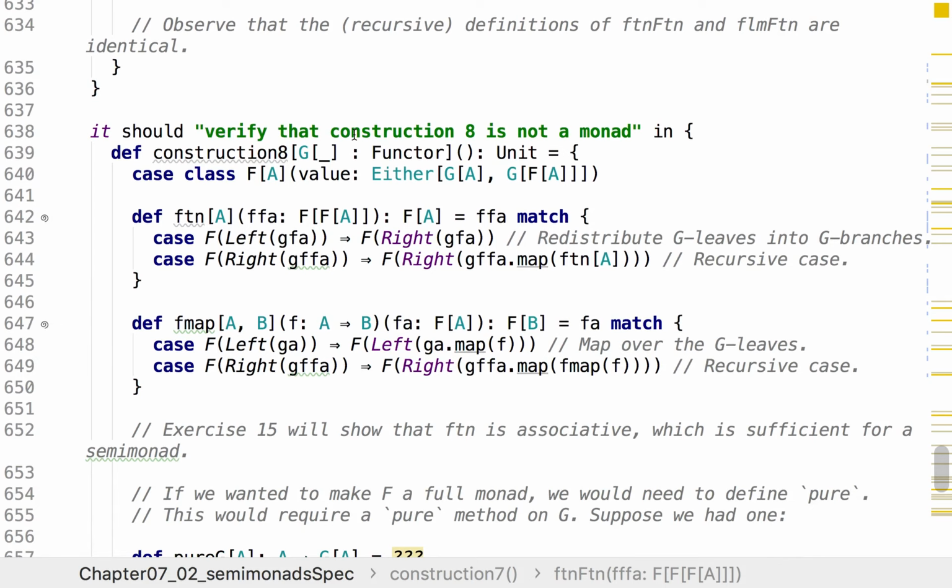We'll show that it is not a monad. So how? Well, let's define it first. We define, again, a case class with a type parameter. It's a recursive type because it uses F inside itself. So it's an Either of leaf, so we have a functor G describing the leaf, and the functor G describing the